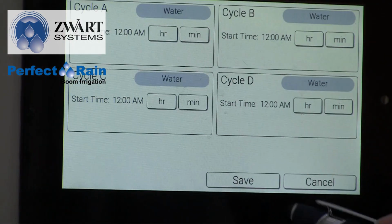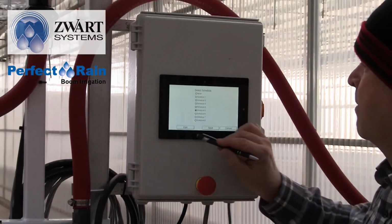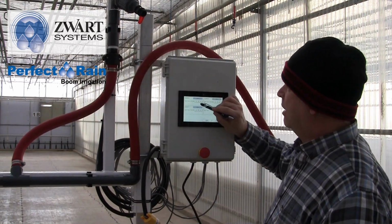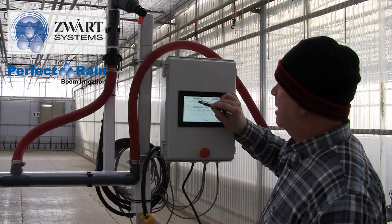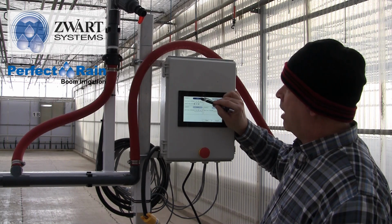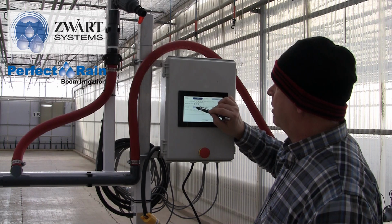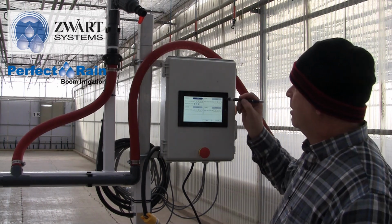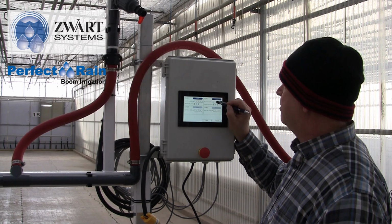And maybe we're at schedule 5, edit, and now we would like to water in the morning. So we're going to start at 6 a.m. and we are going to engage it. So by pressing water, we're engaging it, and now we're kind of far down the road in that crop. We're going to say every 40 minutes starting at 6 a.m. Then we're going to go to cycle B, and let's just say that at 12 p.m., so noon,